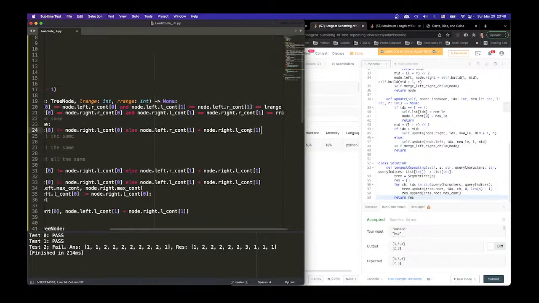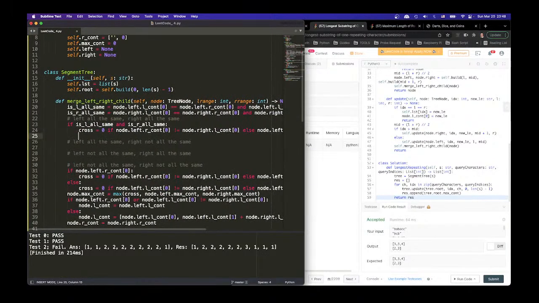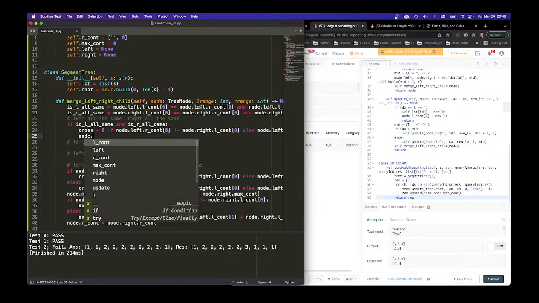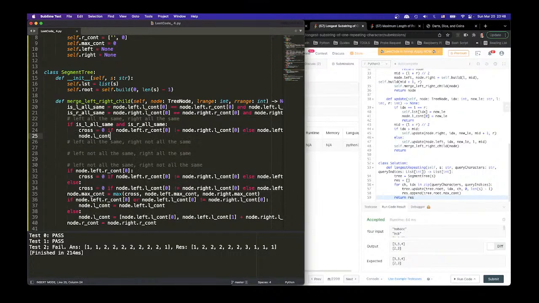So we get a crossing. Then we can do this. This I can do at the end. So we get a crossing, but the left and right need to be rewritten. So they're all the same. So node.left count shall equal to